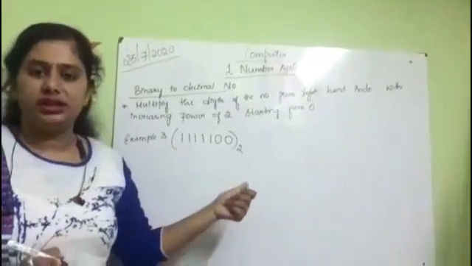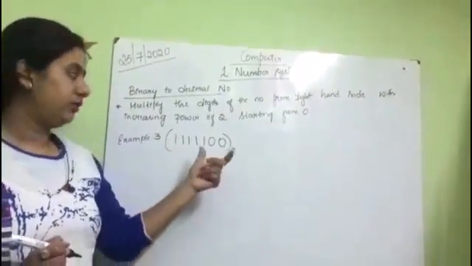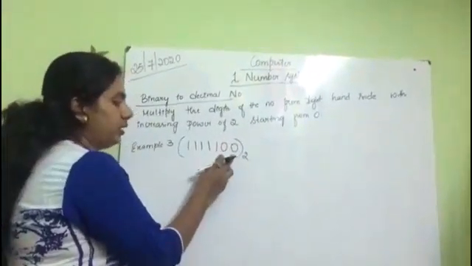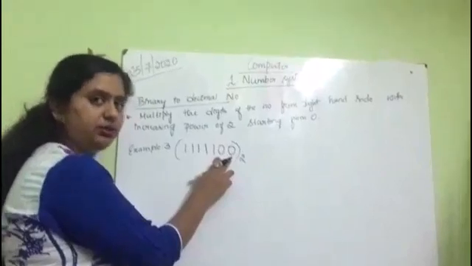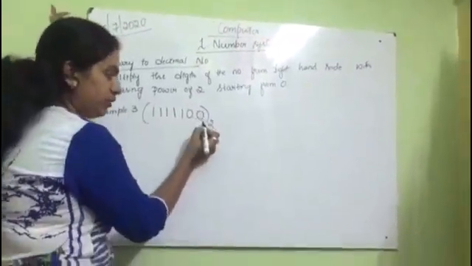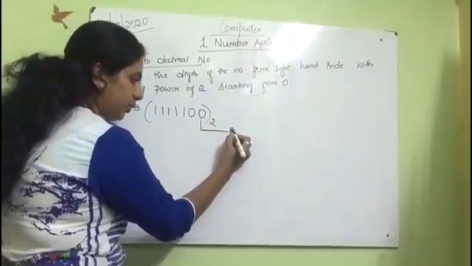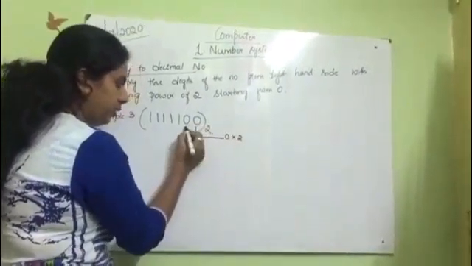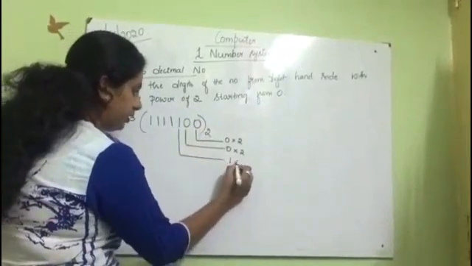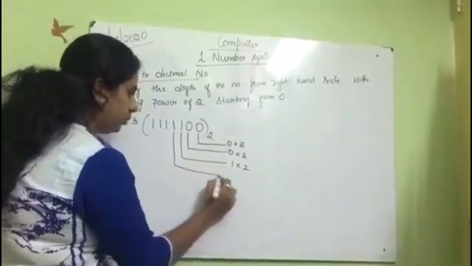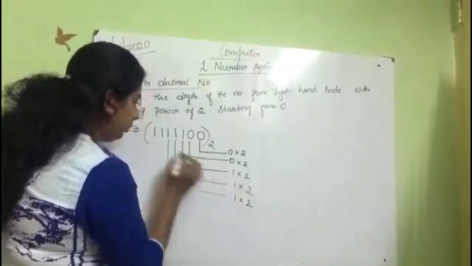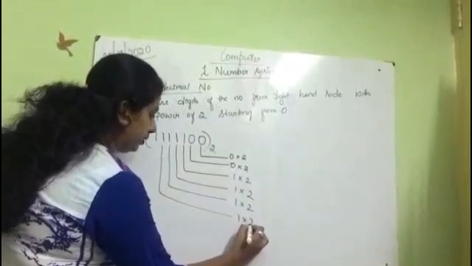Yes. Now this is your third example. We'll convert this into the decimal number. What is the first step? We have to multiply each digit with 2. Why? Because we are converting from binary, so we need to multiply with 2. What is the first value here? 0 multiplied with 2. What is the next value? 0 multiplied with 2. 1 into 2. What is the next value? 1 into 2, 1 into 2, 1 into 2.